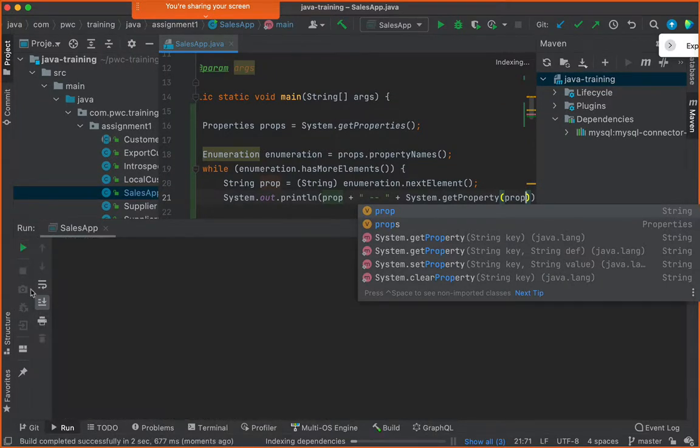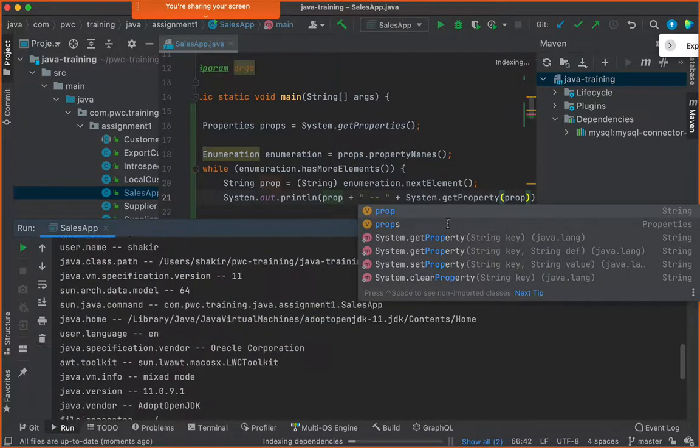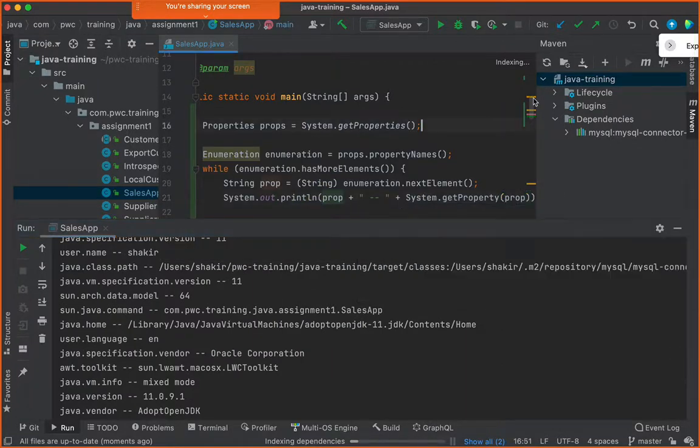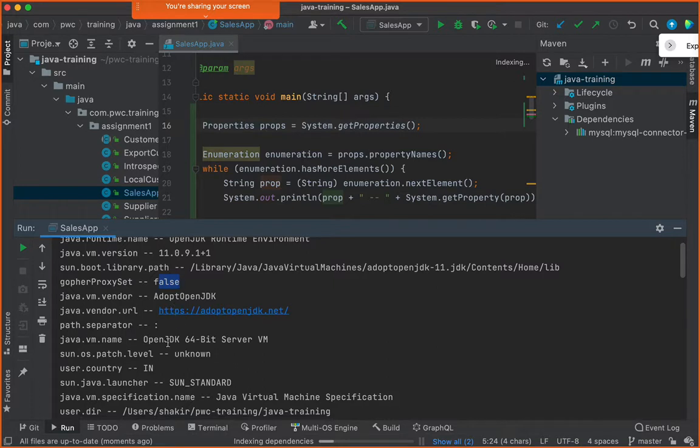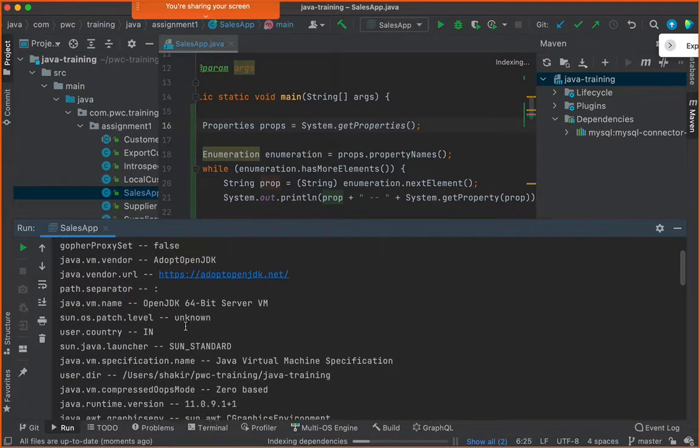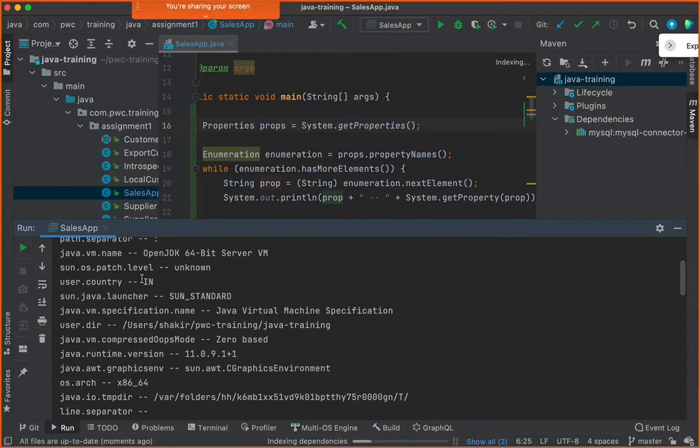Let me close this and you see here. So you have, right from the top, java.runtime and OpenJDK runtime environment. Version is so and so. library.path is so and so. Here it is, Gopher proxy set is so and so. Now I don't know what that Gopher is. But java.vm.vendor, who is providing that, path.separator, everything is over here. user.country, I'm in India.